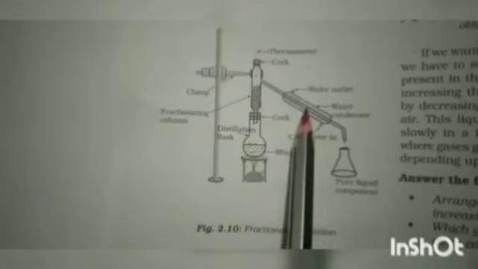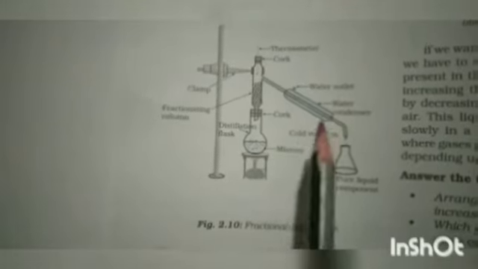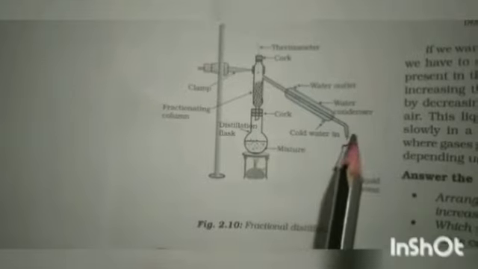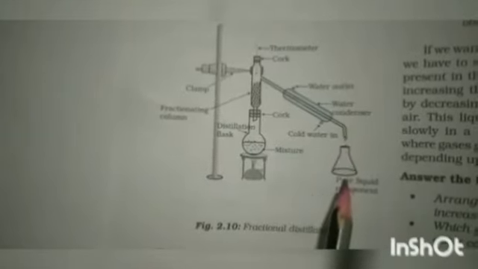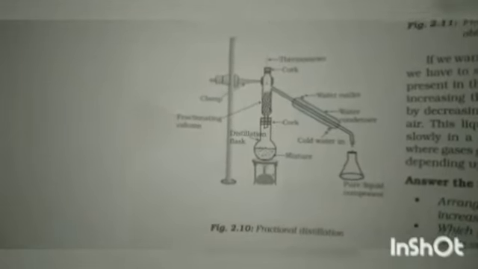So the condensed molecules will come to this condenser, and the condenser will collect them in the form of droplets, and finally the droplets will come out through this outlet and be collected in one bowl or a conical flask. So these are the different methods of separation of miscible liquids or immiscible liquids: camphor and salt, cream from the milk, and separation of a dye from the ink. Okay, so I hope you have understood, children.